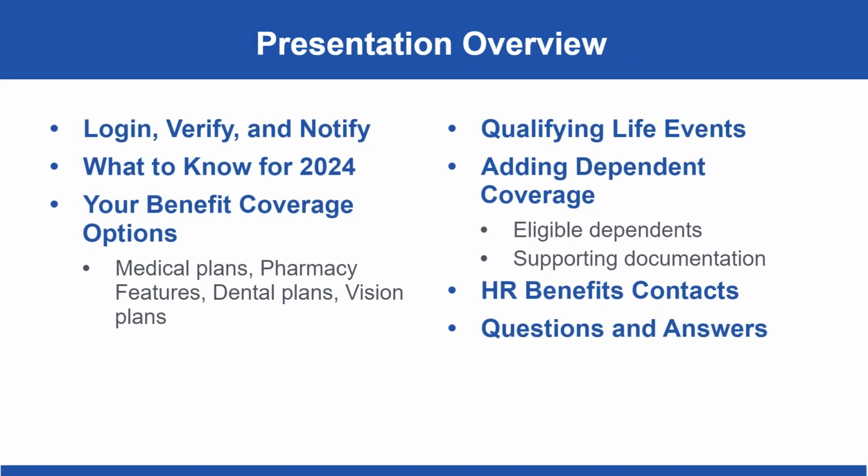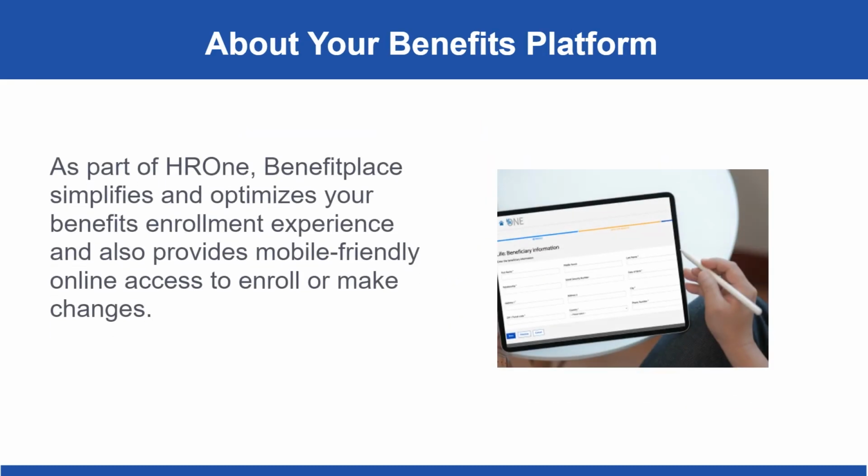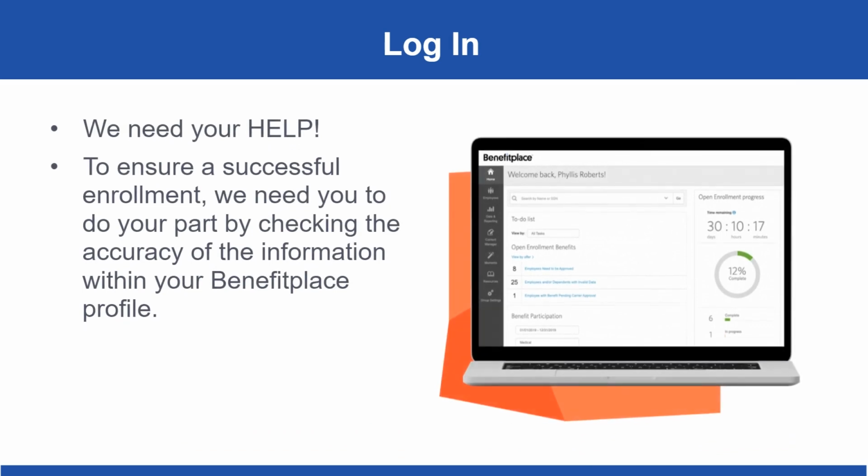In this presentation, I'll go over the basics of Benefit Place, what you need to know and do during this enrollment period, what your options are, qualifying life events, dependent coverage, and more. As part of HR1, Benefit Place simplifies and optimizes your benefits enrollment experience and also provides mobile-friendly online access to enroll or make changes. To ensure a successful transition to Benefit Place, we need you to do your part by